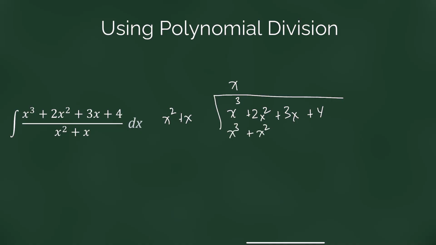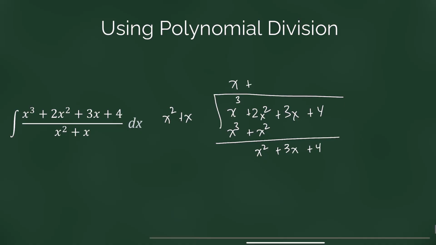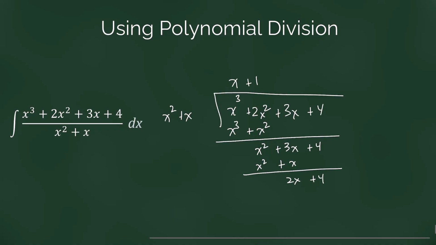And now we'll subtract. 2x squared, or x cubed minus x cubed is 0. 2x squared minus x squared is 1x squared. And then we bring down our 3x and our 4. And we can divide one more time. X squared by x squared is 1, so we get x plus 1. When we multiply that out, we get x squared plus x. And when we subtract, we get 2x plus 4 as our remainder, which means that our original expression,